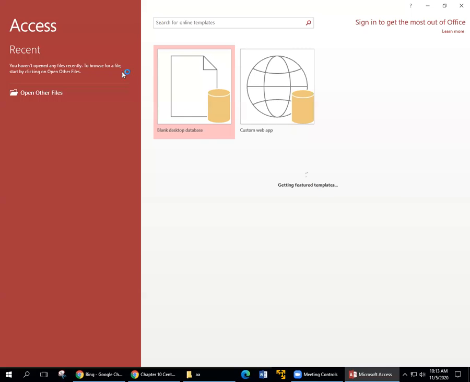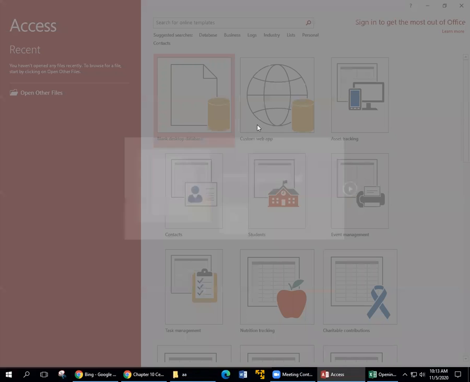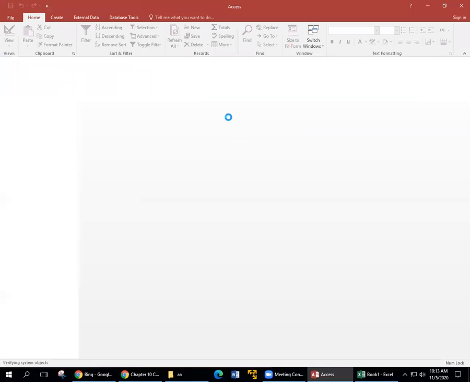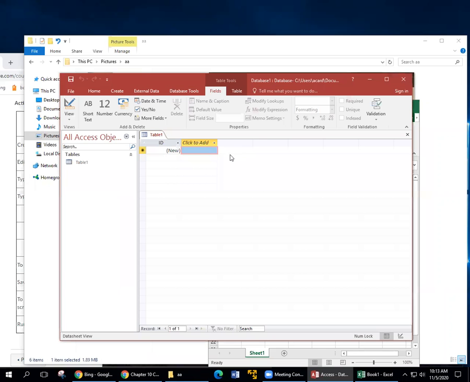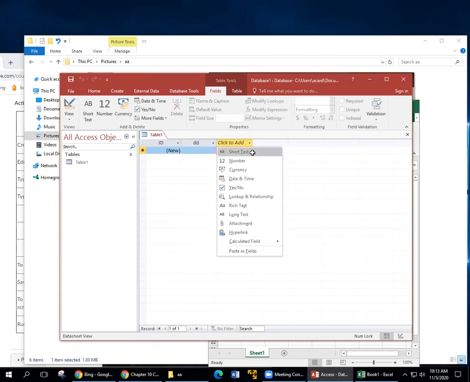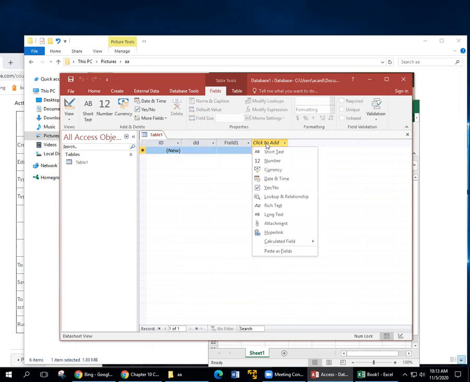Access looks a lot like Excel in that it has rows and columns. So here is a row, and then all the columns are across the top. And you could just call them whatever. And basically, it's really just a list. And if you think about it,